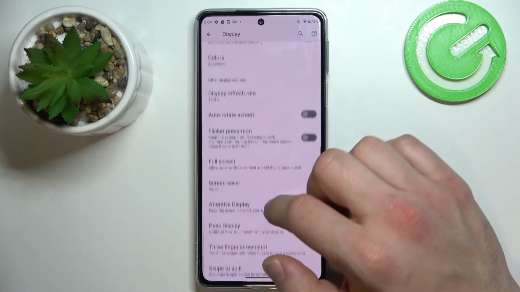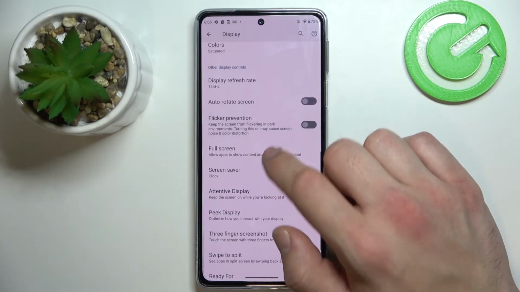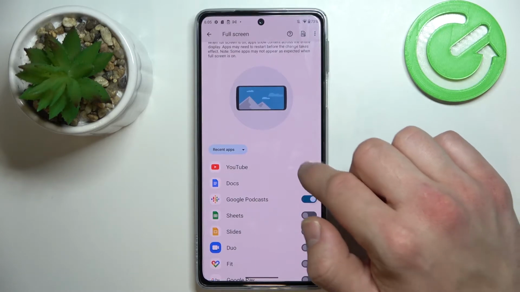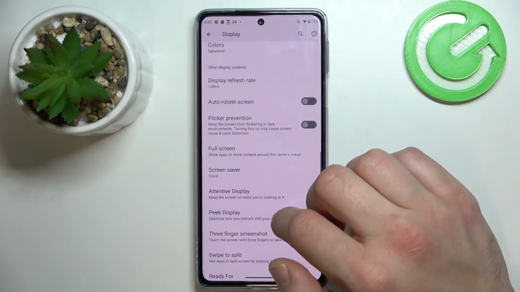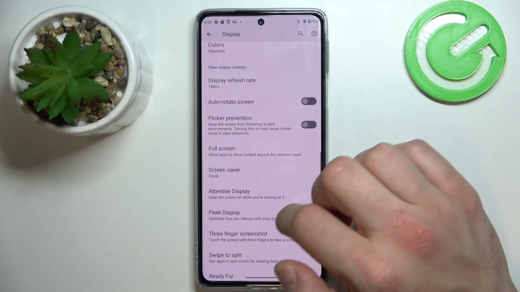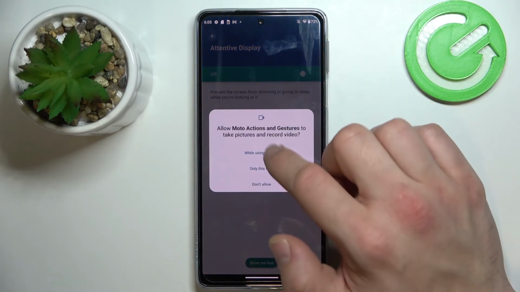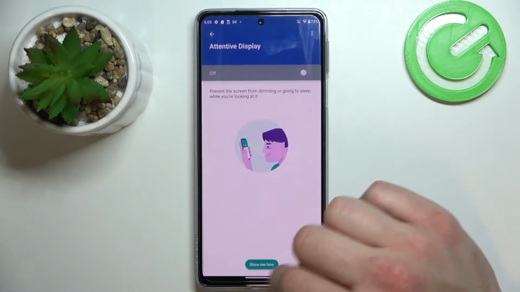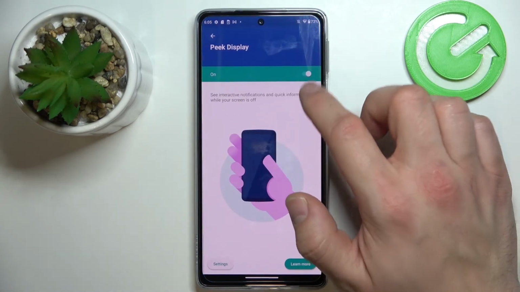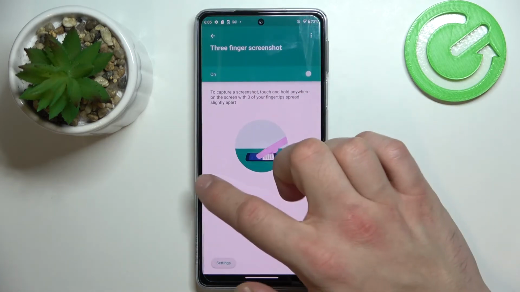Then we can enable or disable auto rotate screen, flicker prevention, manage full screen for apps, set screensaver, enable or disable attentive display, big display, 3-finger screenshot,